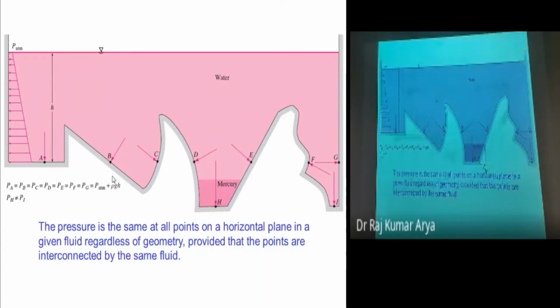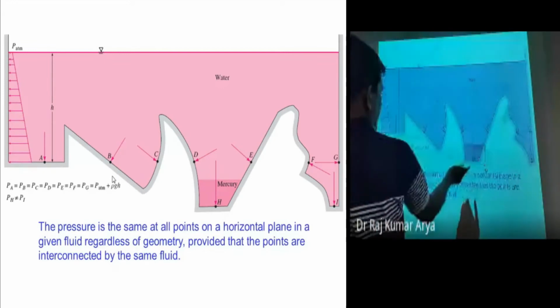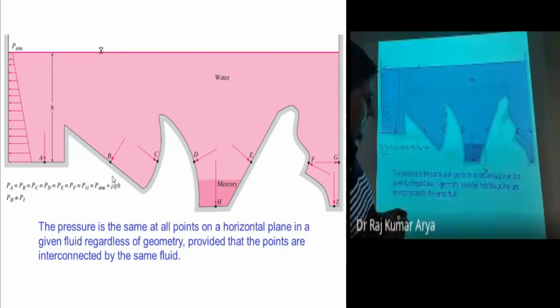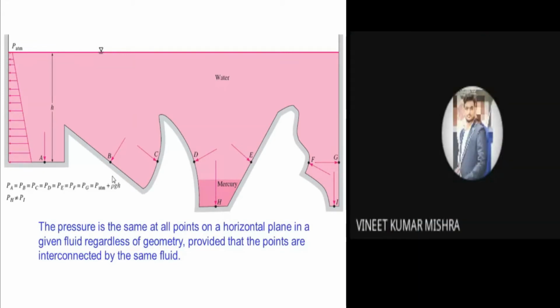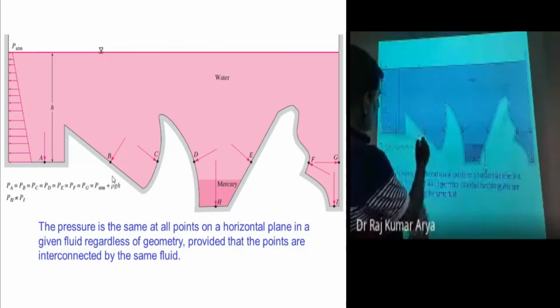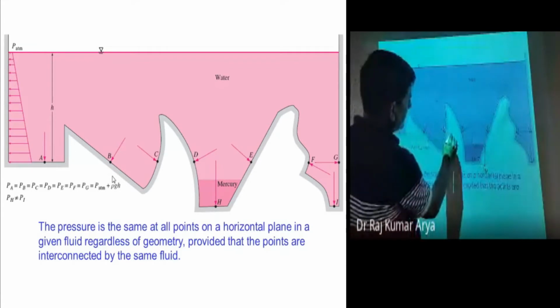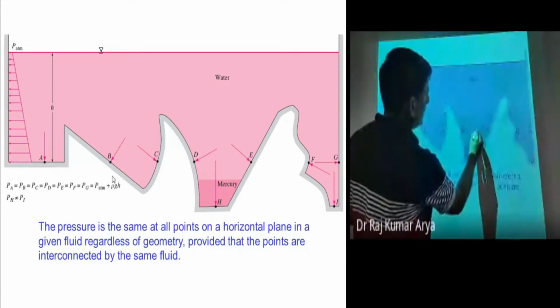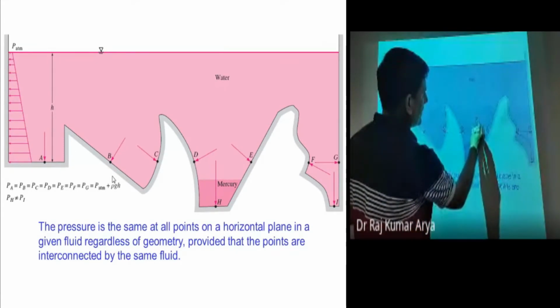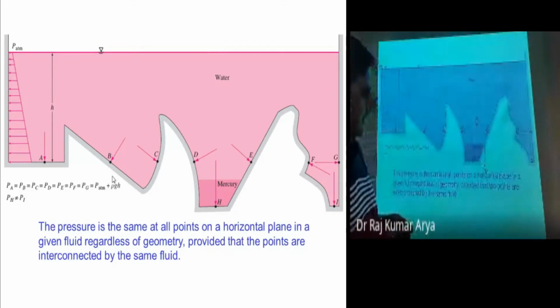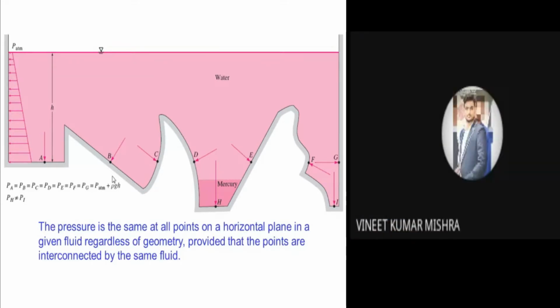I don't know. So in this case, you want to calculate the pressure at point H. How would you calculate? Pressure at point A plus rho GH. So the pressure at point A was at this particular point, corresponding to PA, then plus rho GH for the liquid plus rho GH for mercury.